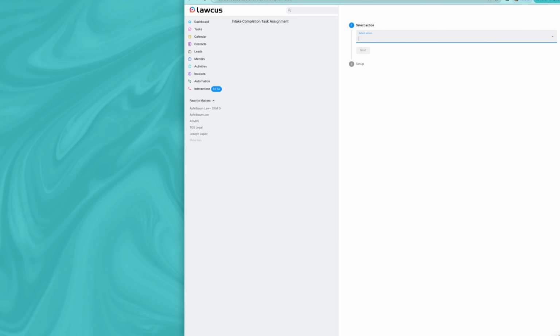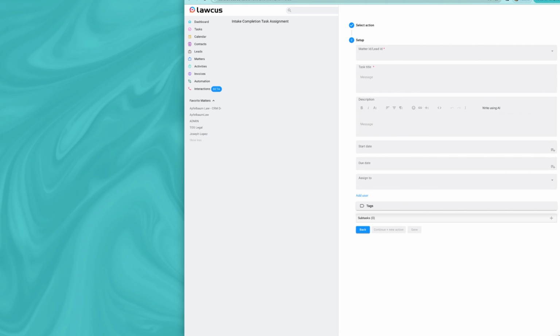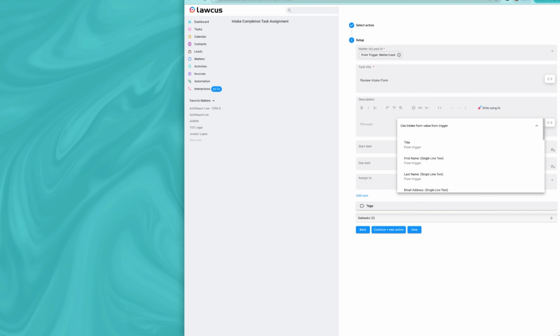And from here, we want to make sure that it adds a task and assigns it to us. So then we're going to select the action as add a task and then hit next. So the first thing you're going to do is the matter ID, and the matter ID is going to come from the intake form step. So it's going to be intake form from trigger value step, and then the task title. And from here, we'll say that this matter, we can pick the first and last name here. So we can say that this person first name